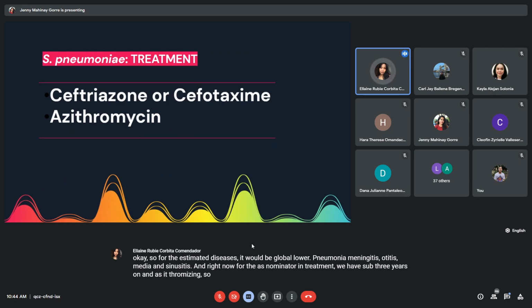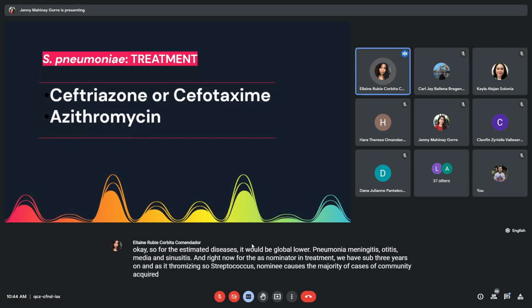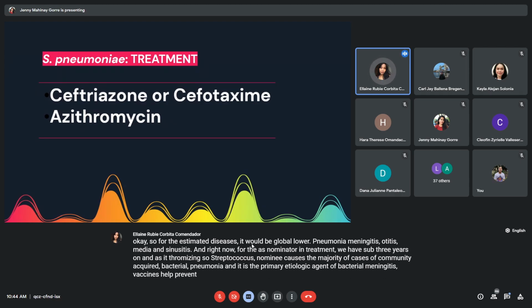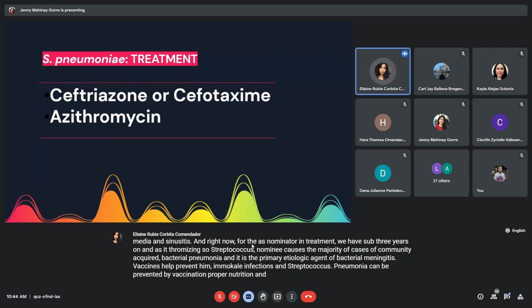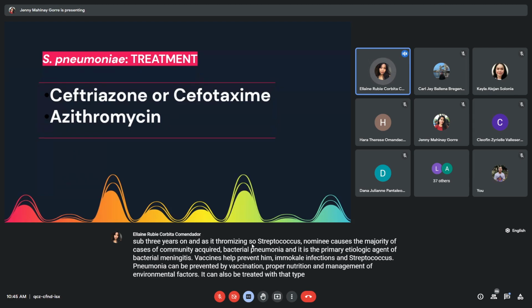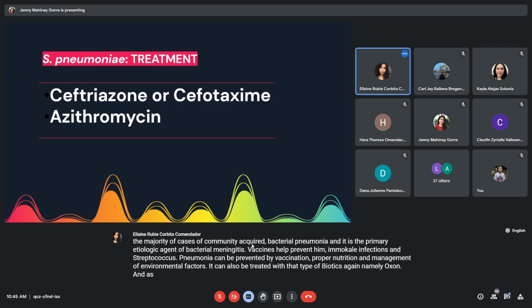So Streptococcus pneumoniae causes the majority of cases of community-acquired bacterial pneumonia, and it is the primary etiologic agent of bacterial meningitis. Vaccines help prevent pneumococcal infections, and Streptococcus pneumoniae can be prevented by vaccination, proper nutrition, and management of environmental factors. It can also be treated with antibiotics, again, namely ceftriaxone and azithromycin. So to start with